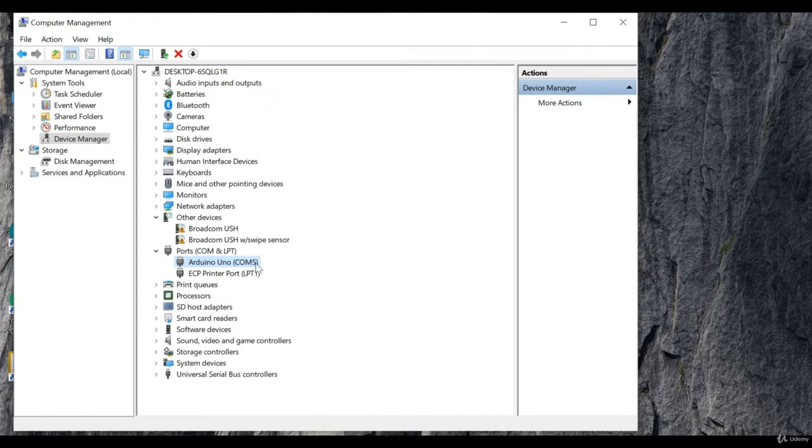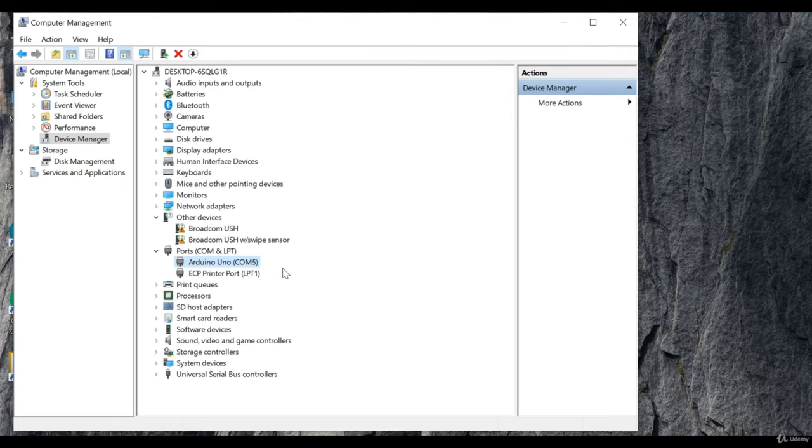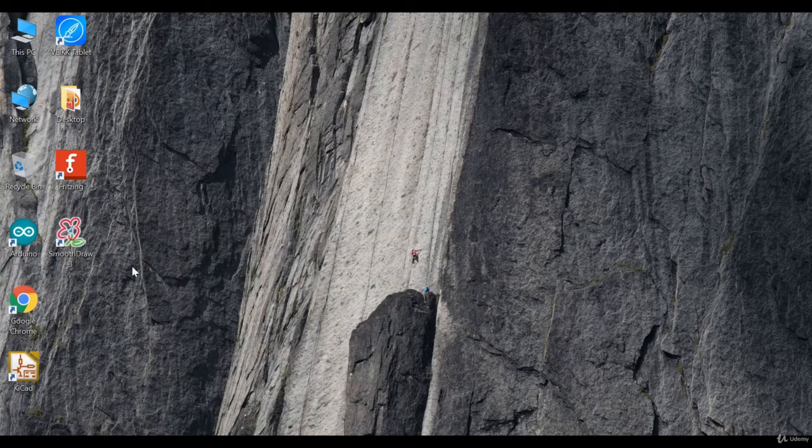In your case, if you follow these steps, your COM port may be a different one. Or you can say this is the COM port this particular computer has allocated to the Arduino board. Now if you have installed Arduino, you can go here by right clicking on Arduino. If you go to